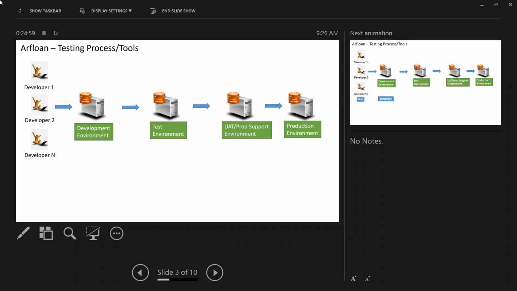And when they do it, they know inside out about the code, right? Because they wrote the code here, and they're doing some testing. So what is unit testing? They do unit testing, but what type of testing is it called? Is it black box or white box? It's white box, because they know the code and how the code works. So that's what the unit testing is, done here on the developer's machine.